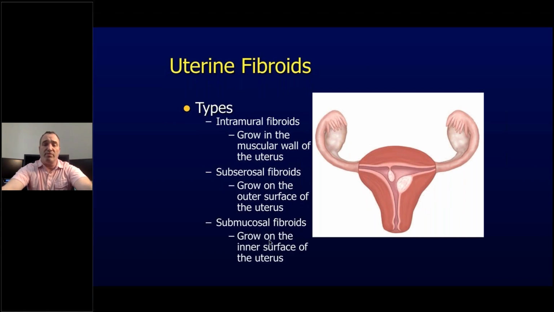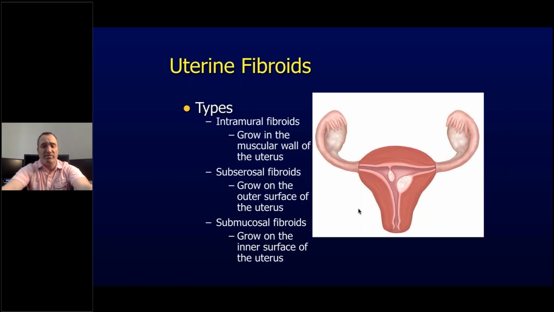Now, the other type of fibroid is a submucosal fibroid. This is the one that we find causes the greatest amount of bleeding. So they can be just inside the inner lining. This pink here is the submucosa, and the endometrium is right here. So when these fibroids grow underneath, they can irritate this lining and cause heavy bleeding. This is what's called a pedunculated submucosal fibroid, or some people will refer to it as intracavitary because it's inside the cavity of the uterus.